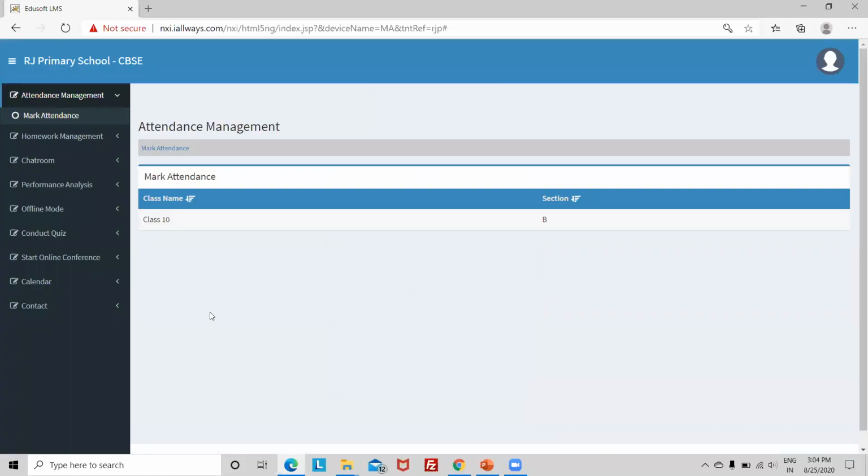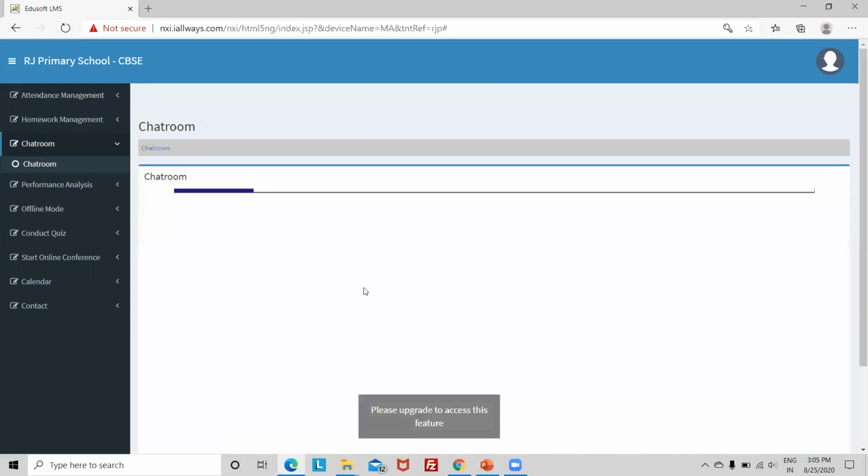So far I have shown you whatever features are available. We have also listed all the features that will be available as we go for a full upgrade of this application. For teacher login, we have a chat room.